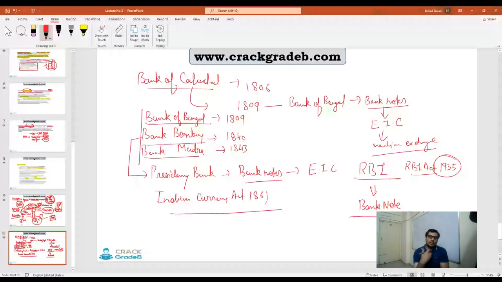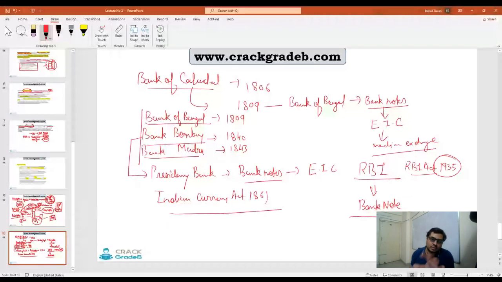Why did the British government of India give this power to the Reserve Bank of India in 1935, right? What happened in between? Why did these things happen in 1935? Why was RBI established? So in the next lecture, you are not only going to know